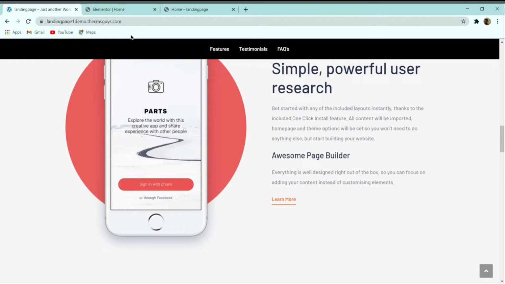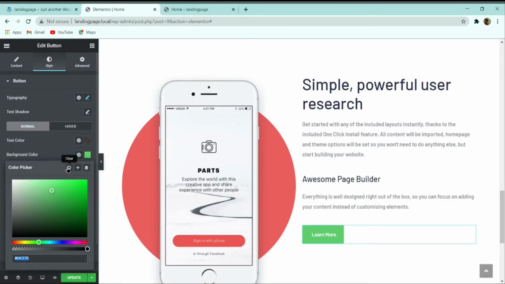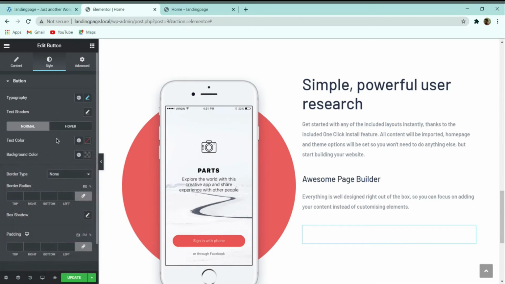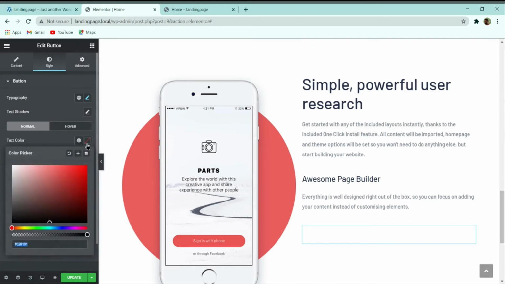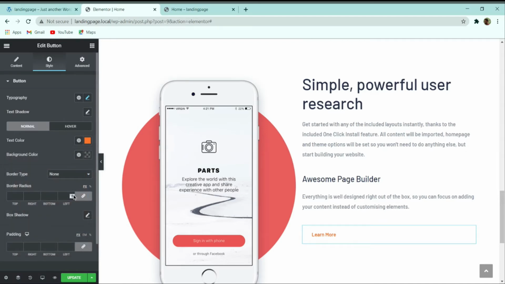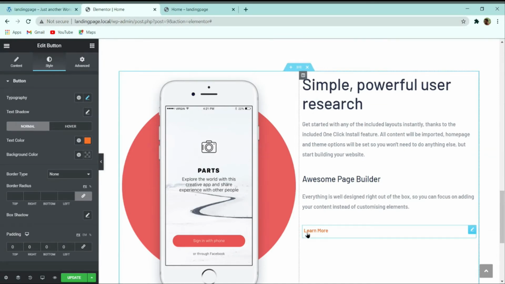So here you can see that there is no background present over here. So I will delete the background from here, normal. Simply clear the background. You can also clear it like this. And then the text color which we have used is FS742B, the same text color. Here what you have to do is first unlink the padding over here. So here you can see that it is on the same alignment.